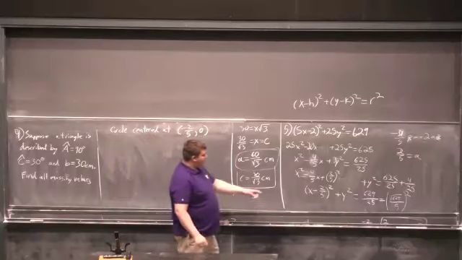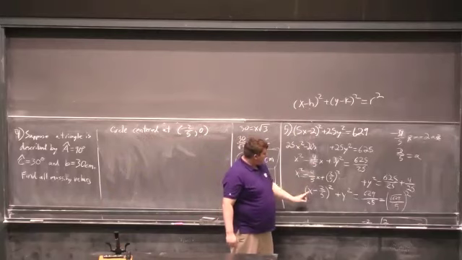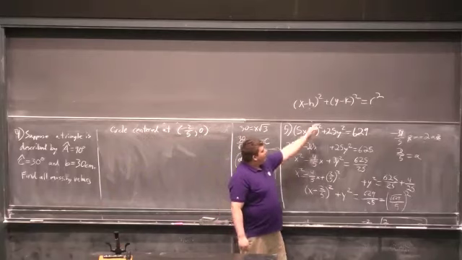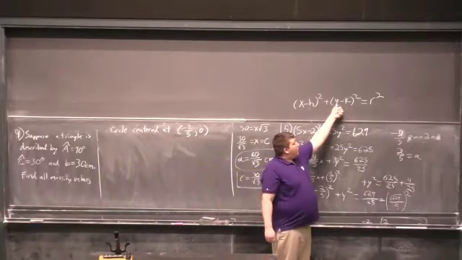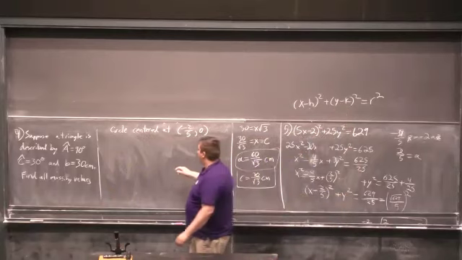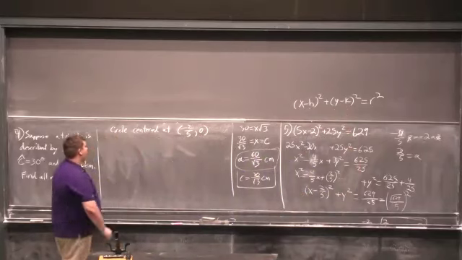Why is it positive 2/5? Because I have an x minus h, x minus 2/5. I'm just going to take 2/5. And then the 0, well, y minus 0 is just y. So that gives my point, centered at 2/5, 0, with